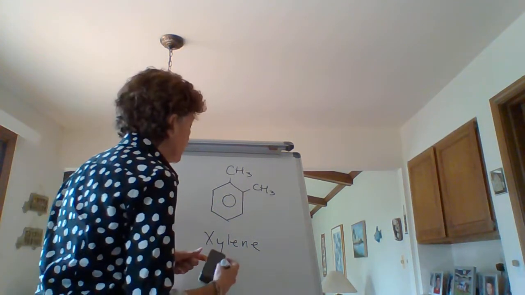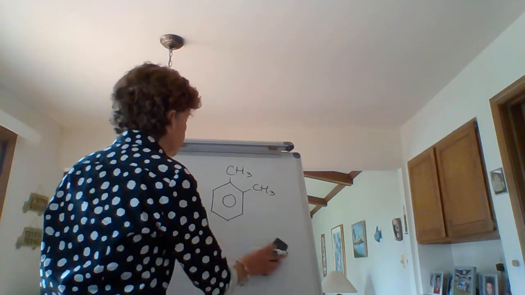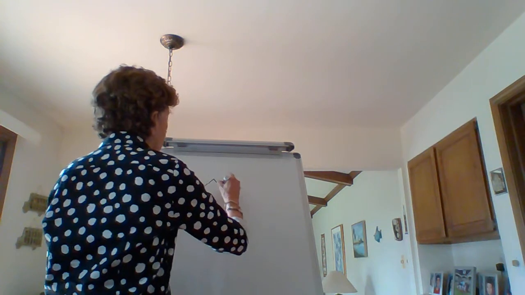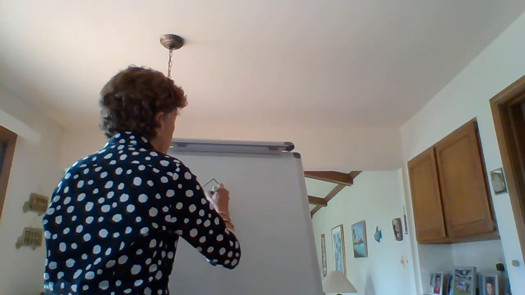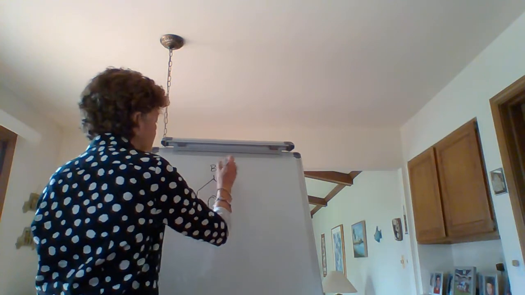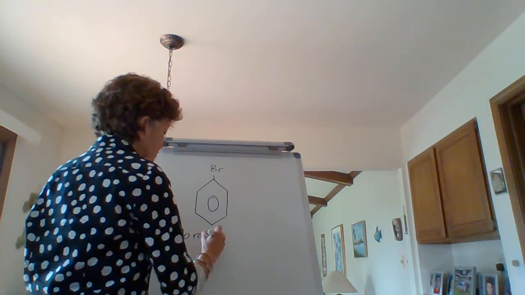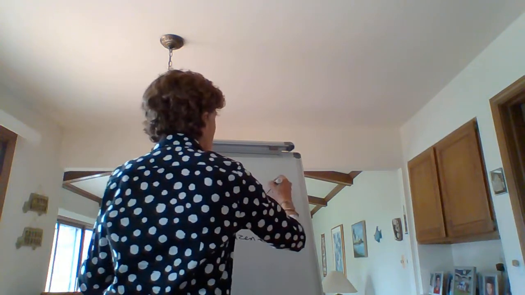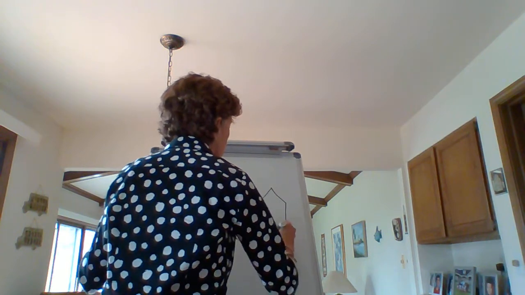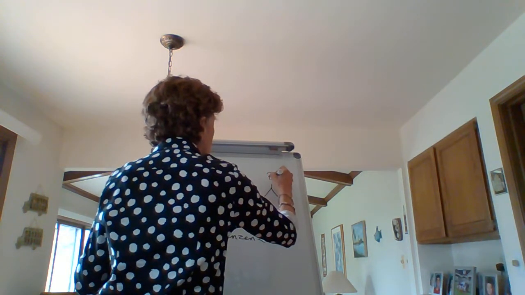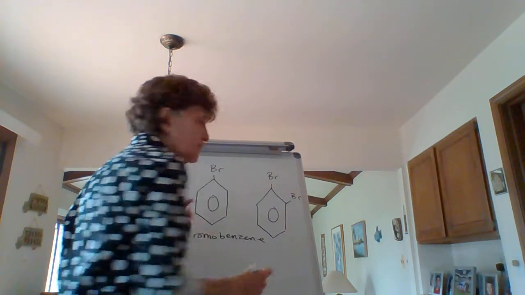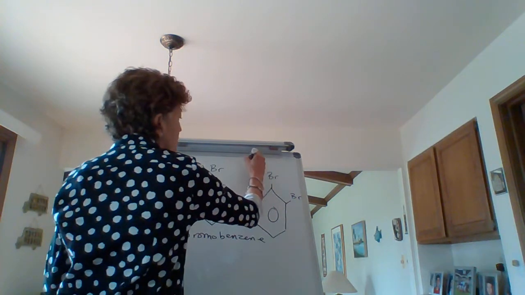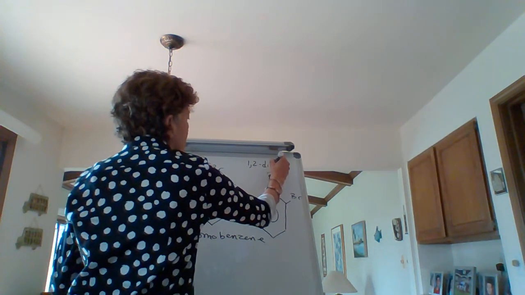Now you got to tell me where everything is, as in numbering. If you just have 1 substituent, you don't number. So like I did earlier, this is just plain old bromobenzene. But if you have 2 substituents, let's say you have 1 here and 1 here, then you need to tell me where the 2 bromines are. And you can see right here, this would be 1, 2. So 1,2-dibromobenzene,